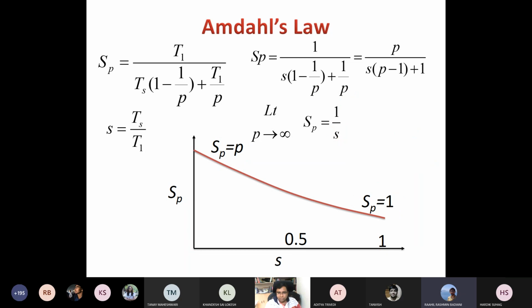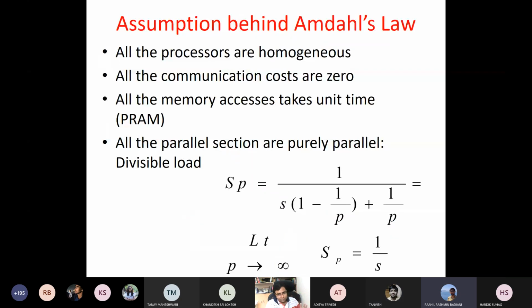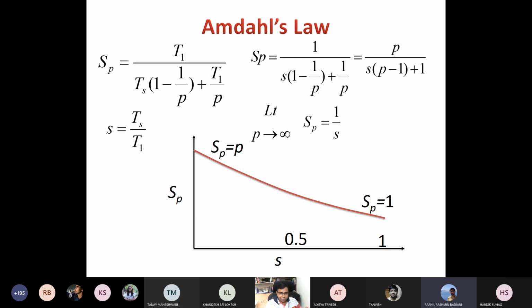So this is the standard in doing parallelism. We should look at what the serial fraction is and what the parallel fraction is. Another point about Amdahl's law: suppose S is equal to only 0.1 and the parallel section is 90%. Okay, S is equal to 0.1 and the parallel section is 90%. Still, this Amdahl's law is limited,